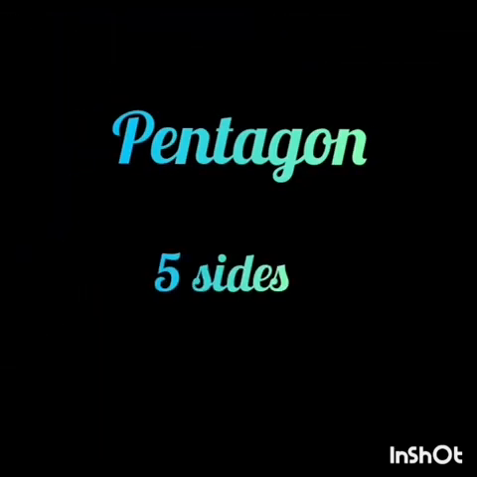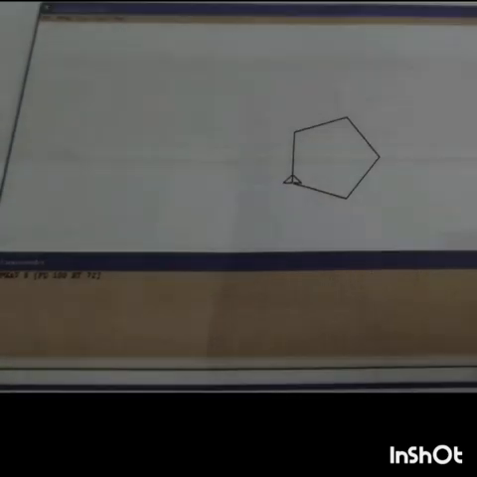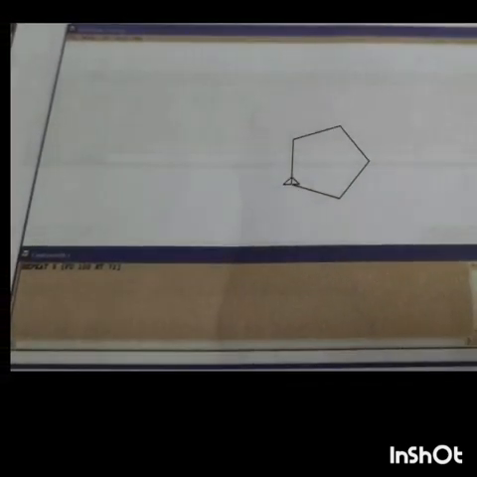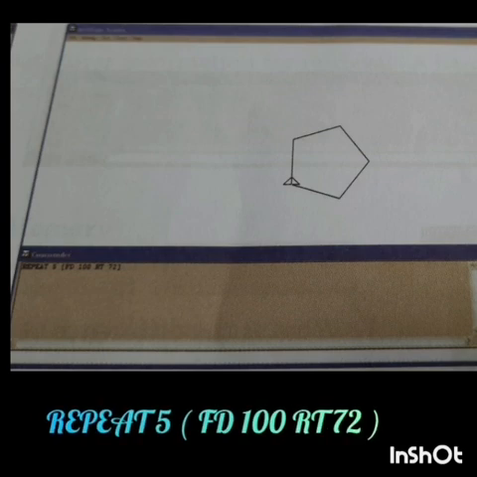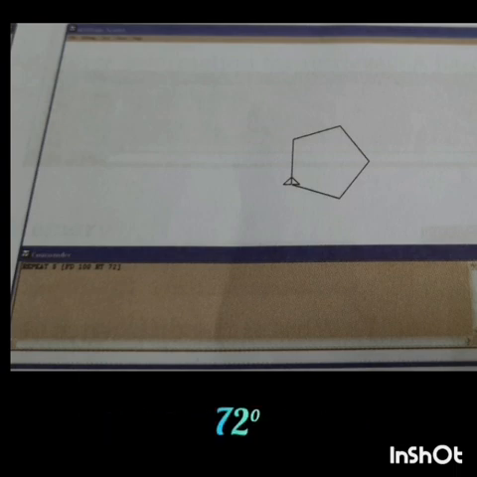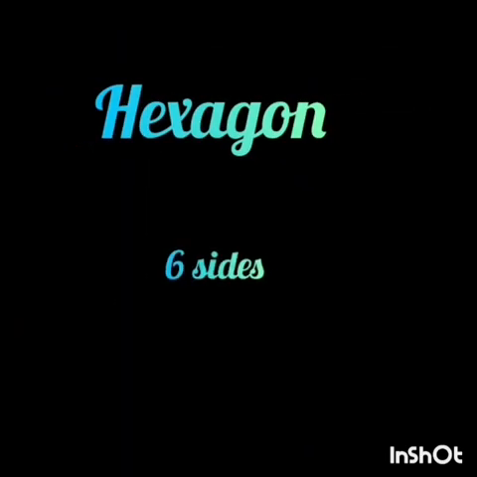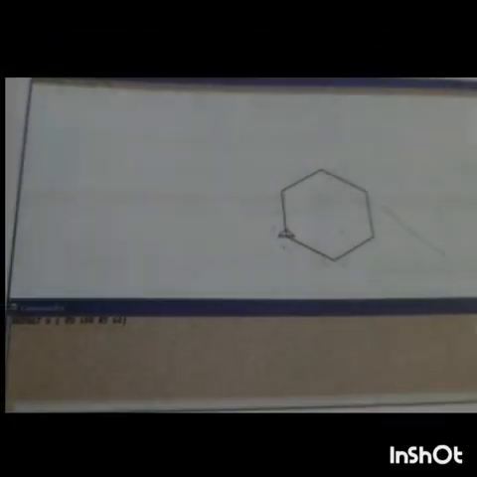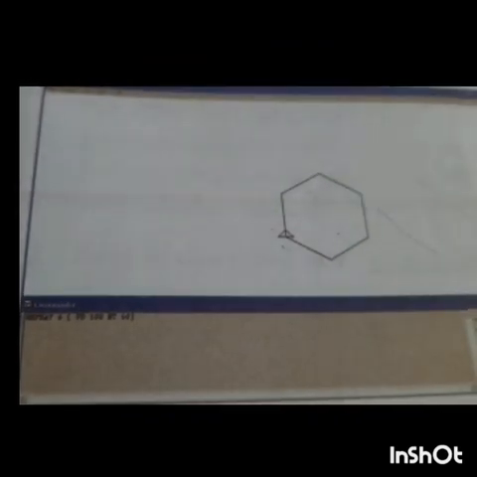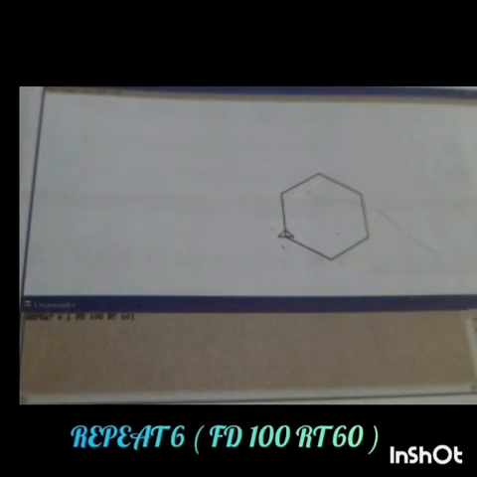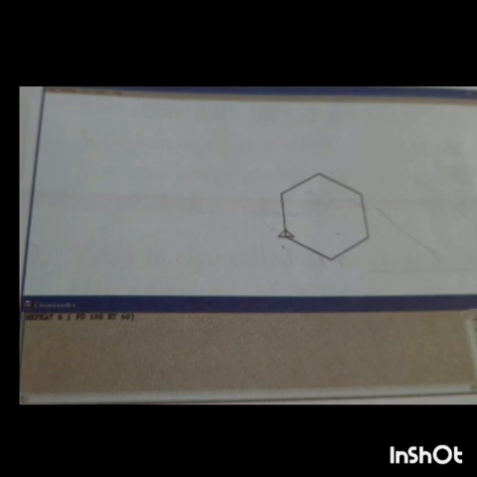Next is a pentagon. To draw a pentagon using the repeat command: repeat 5 [forward 100 right turn 72]. The angle of each turn is 72 degrees. Now hexagon. To draw a hexagon using the repeat command: repeat 6 [forward 100 right turn 60].